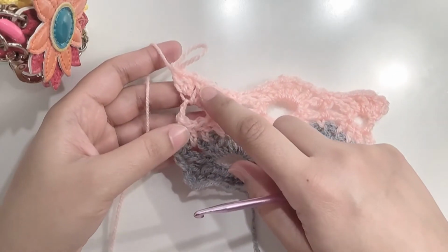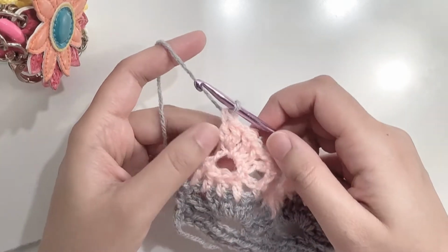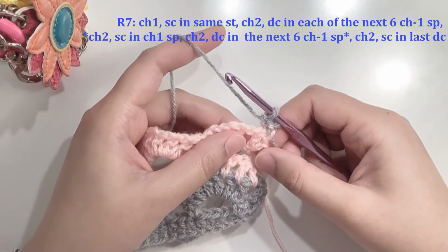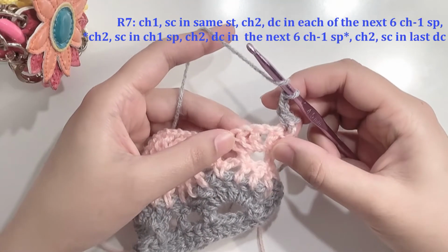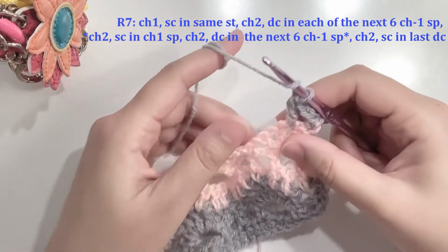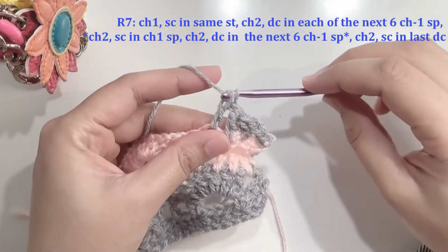So next we have to change the color of our yarn. So I'm just going to pull out the last 2 stitches and change the color of your yarn. Chain 1 and turn. Make a single crochet in the first stitch. Now chain 2 and make a double crochet in the chain 1 space. Make another double crochet in the next space. Make another double crochet. So you've got 3 double crochets